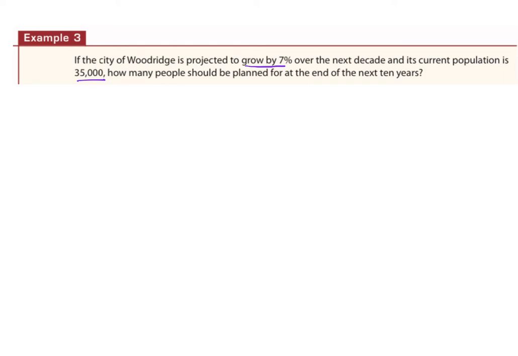If I want to figure out how much it's going to change, I'm just going to multiply 35,000 by 7%, which is what? 0.07, right? And if I do that, I'm going to get, what, 2,450. Does that tell me how many people they plan on having? Well, no, because that's definitely not an increase if it went from 35,000 to 2,450. If I want to know how many people they're actually going to have, I need to take the original amount and I need to add the 2,450 to it, which gives me